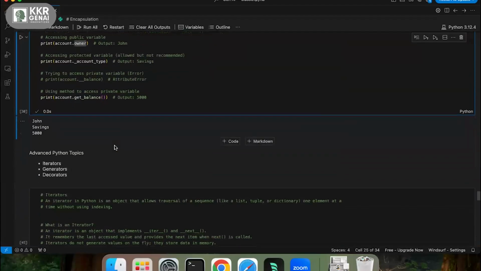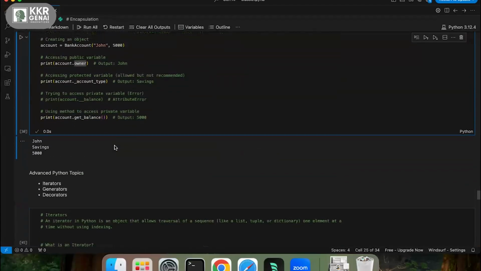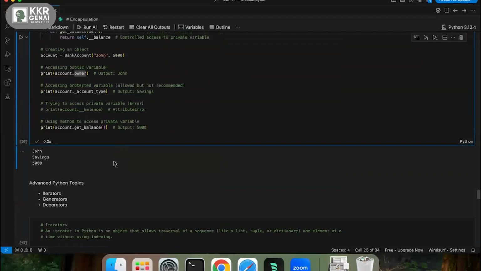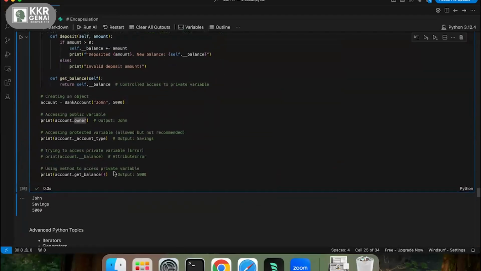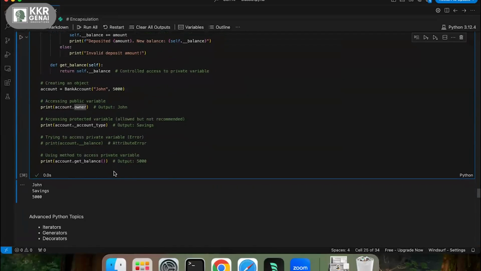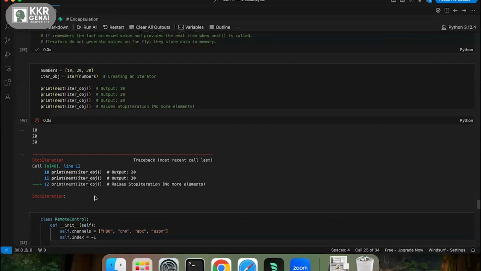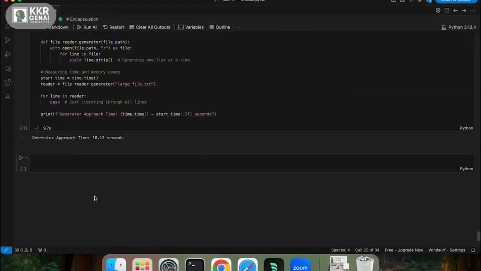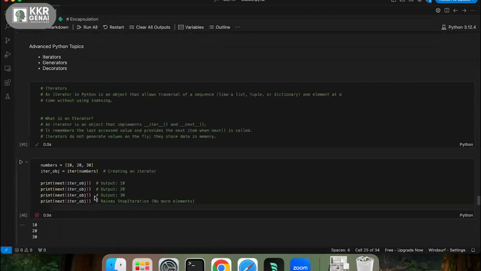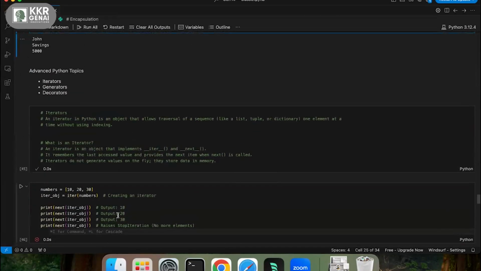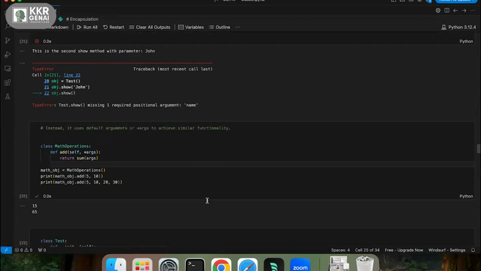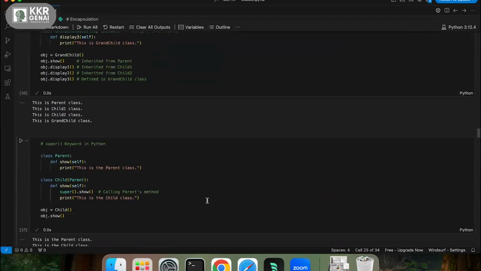So with that being said, we'll close our session here as it is 12. We can continue our advanced topics like iterators, generators, and decorators in tomorrow's class. Not tomorrow, I mean, we can start that on Monday. So this is more than enough.